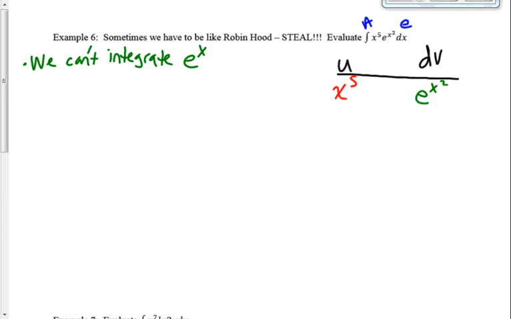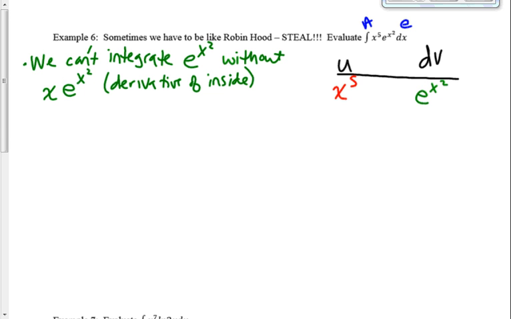So we can't integrate e to the x squared without an x e to the x squared for the derivative of the inside. Now, that's not the whole derivative of the inside, but I can deal with the 2 on my own because it's a constant, which means